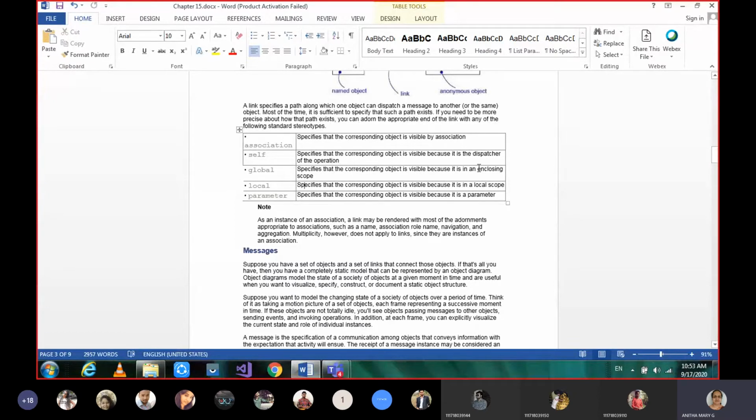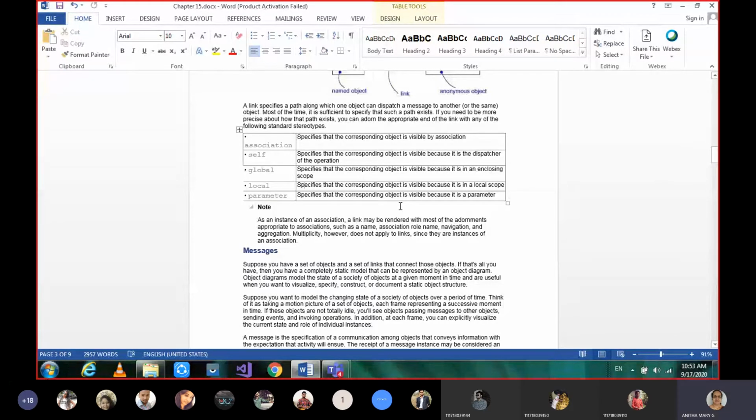When it is in an enclosing scope, we call it global. When it is in a local scope, we call it local. And when the visibility is as a parameter, we say parameter. So these are the different standard stereotypes with which we can make a link relation more specific.